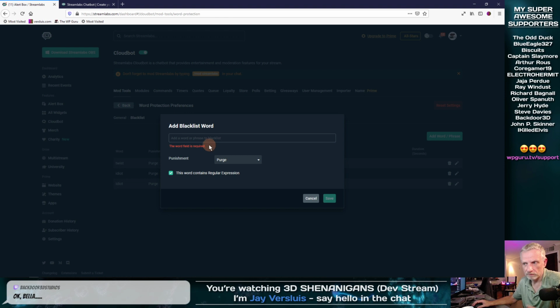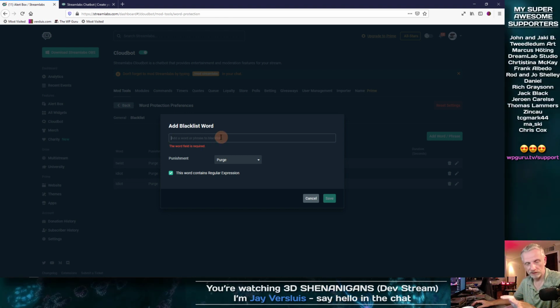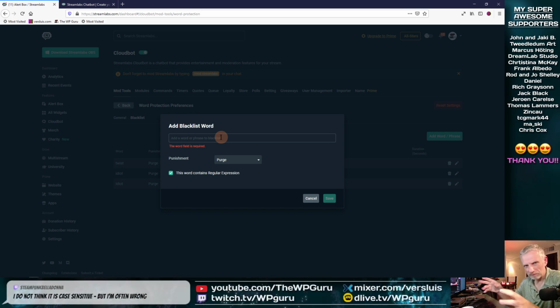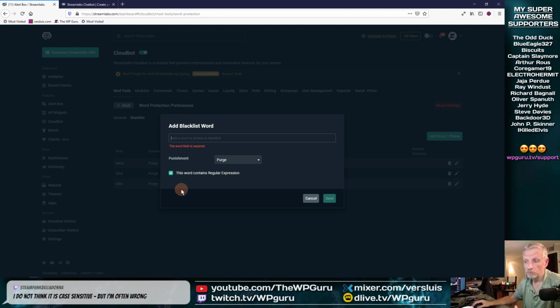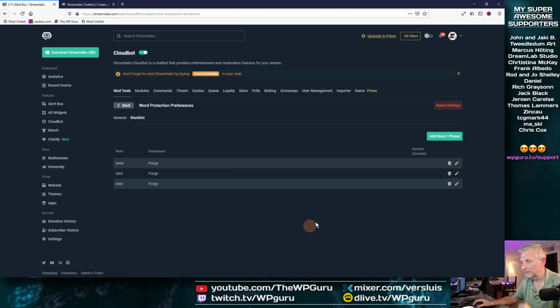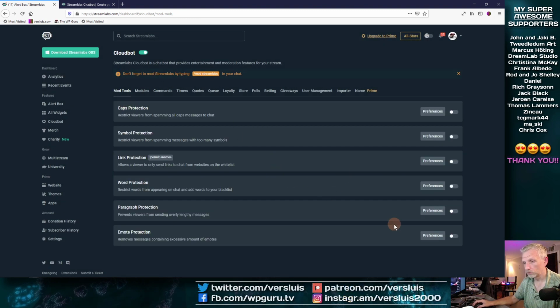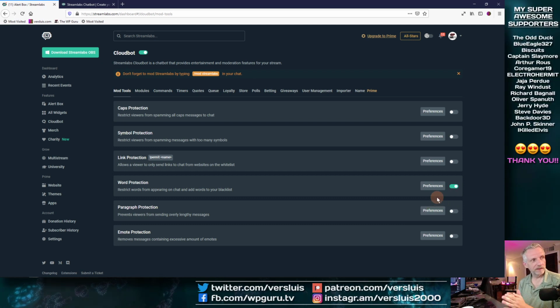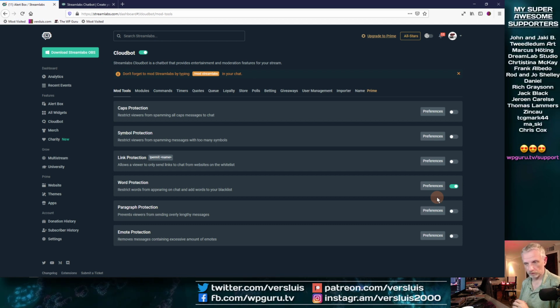Sadly, I don't know how to generate them, but they have special characters in them that tell the Python engine that this runs with to evaluate characters differently. So I believe I can set something in square brackets and dictate if it matches uppercase or lowercase anything. And if you were to use that, go and tick the regular expression box. I don't know how to set them up, so I'm going to leave that, go back and switch on the word protection. My friends who are not moderators, try saying twist all lowercase, or try saying idiot all lowercase. Let's see if that works.